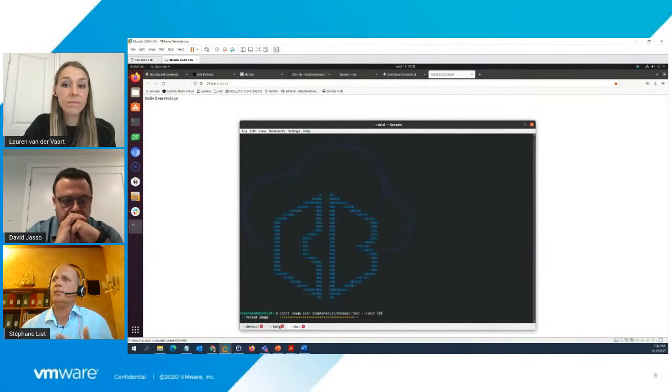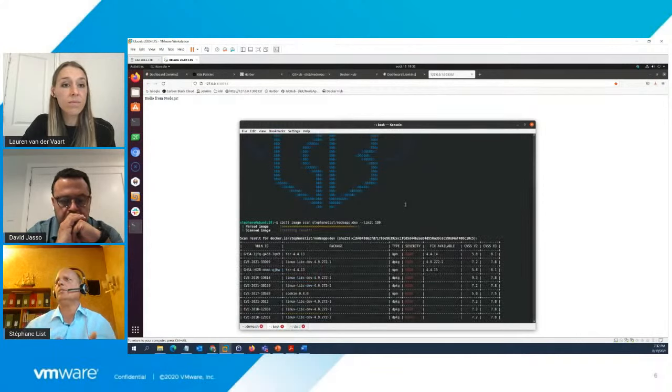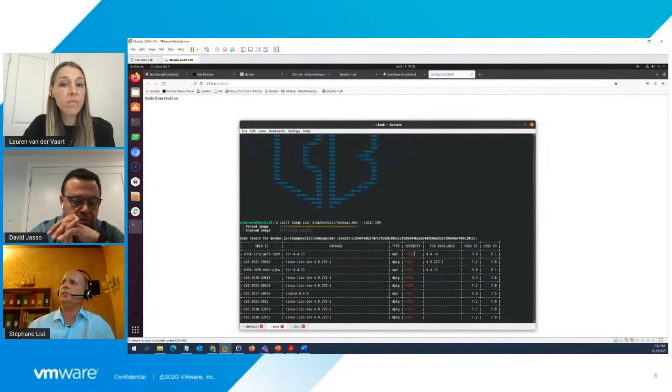Then Carbon Black will scan the image and will tell you, okay, in your package, you have some vulnerability in your package tar, in Linux libc, in tar, etc. You have vulnerabilities with high severity.